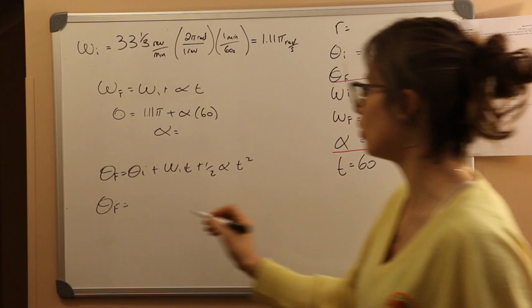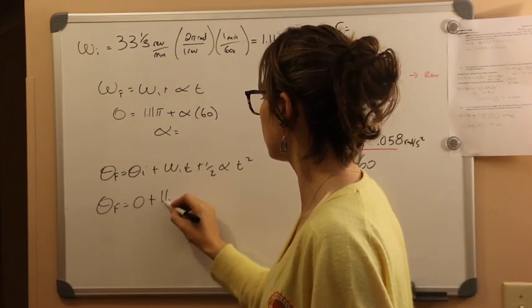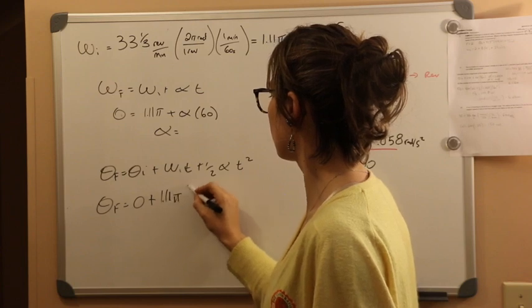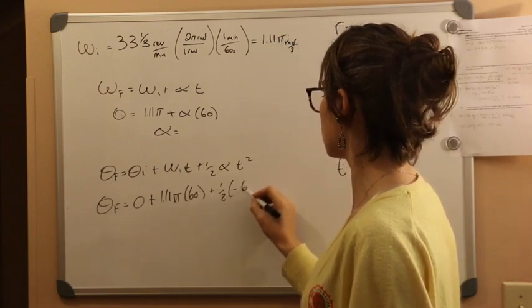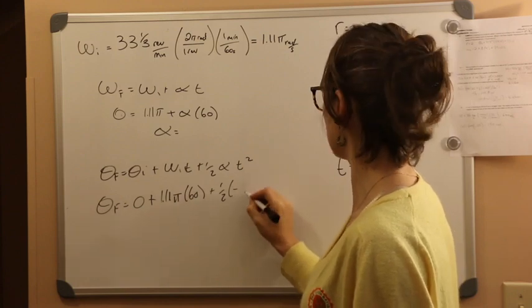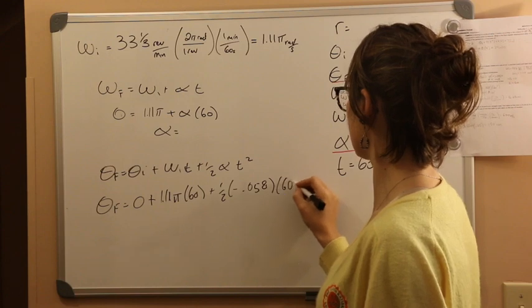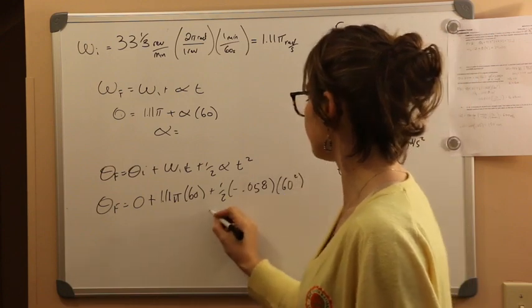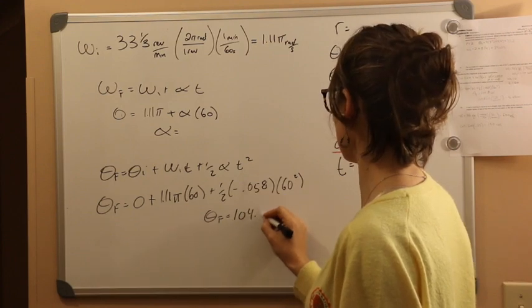You can define your 0 wherever you like, really. 0 plus omega initial times time plus 1/2 our acceleration, negative 0.058, and time squared. So when I solve for this, I get a theta final value of 104.8 radians,